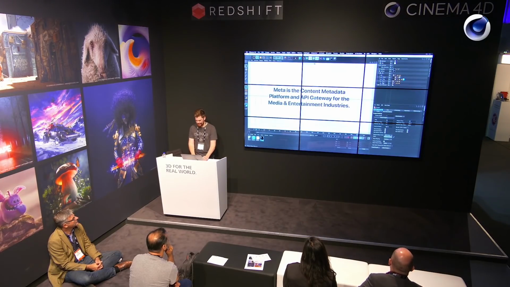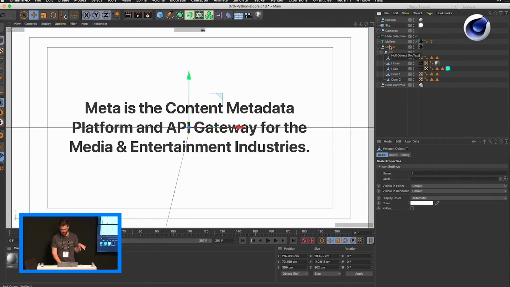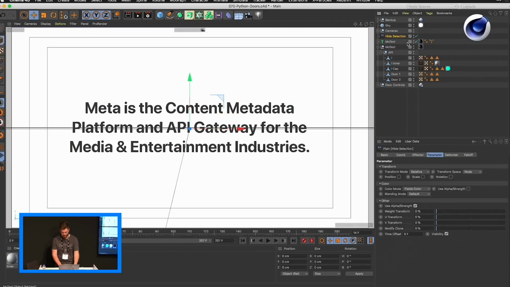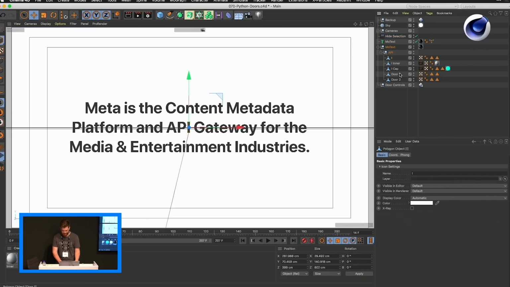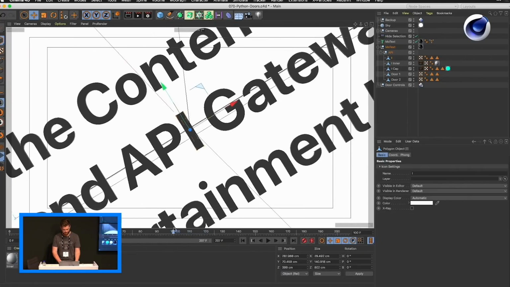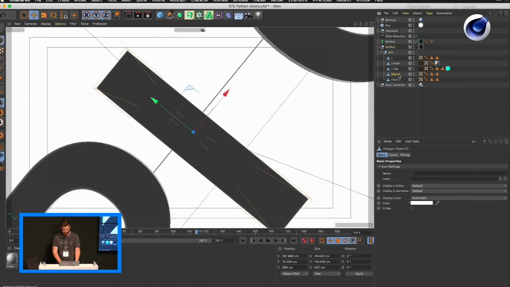what I've got here is I've used MoGraph because this text was created with MoText, another MoGraph object. I used a MoGraph selection just to single out the eye, and I've hidden it from this main text, and then just made that object editable, so I could just focus on the eye here. So currently we're going to crash into that, and it would be nice if we could open it up. So to do so,